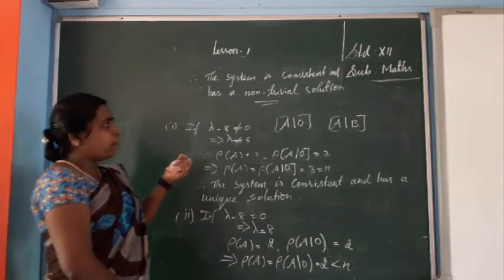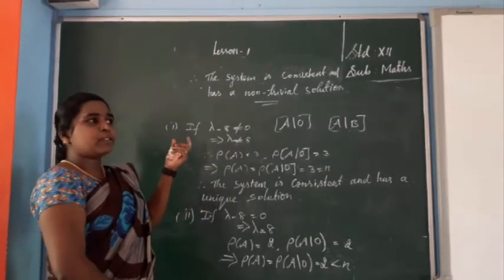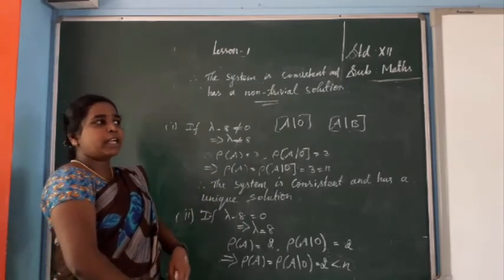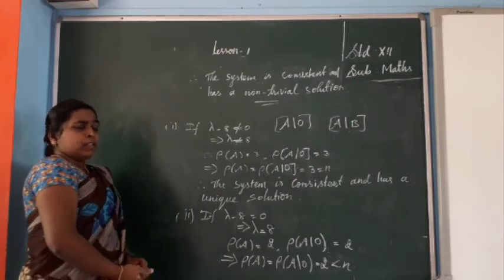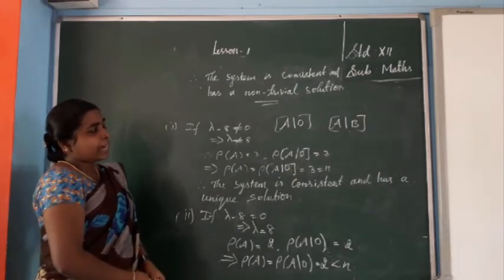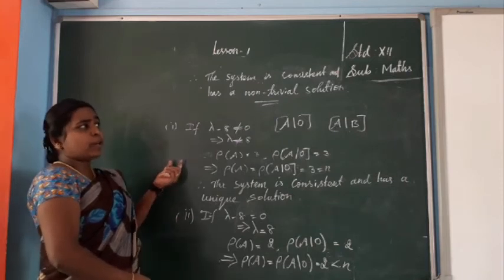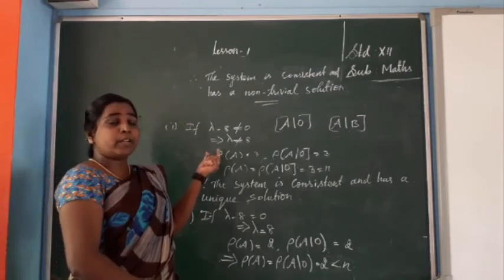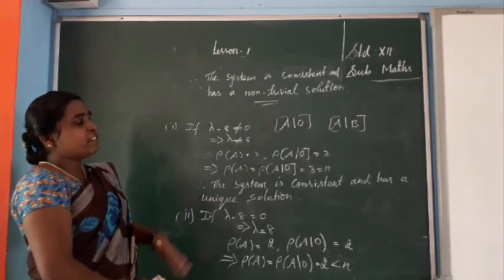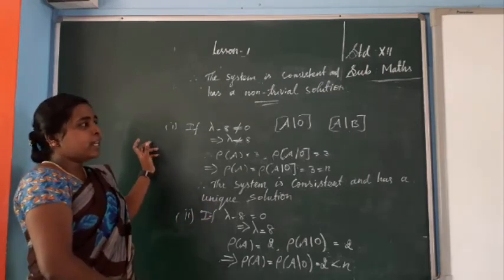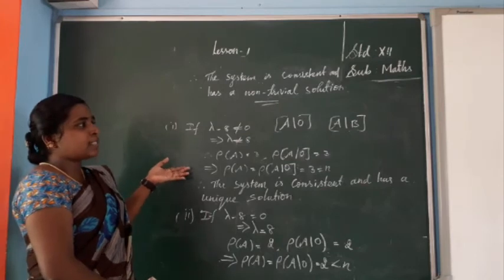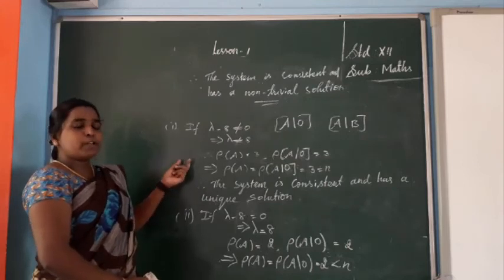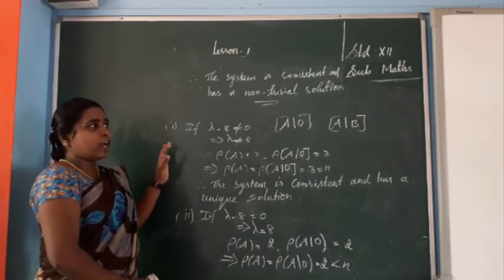Actually, I have completed the first lesson. So from the beginning, study thoroughly. From the first concept you study the adjoint, then inverse. Then the second part, rank: rank by minor method and row reduction method. In the second exercise one more concept is there, the Gauss-Jordan method for inverse. Then the third exercise is the inversion method, solving using the inversion method. Next, the fourth is Cramer's rule. Then the fifth is the Gaussian elimination method. The sixth is consistency using the rank method. The seventh is homogeneous equations. Okay.